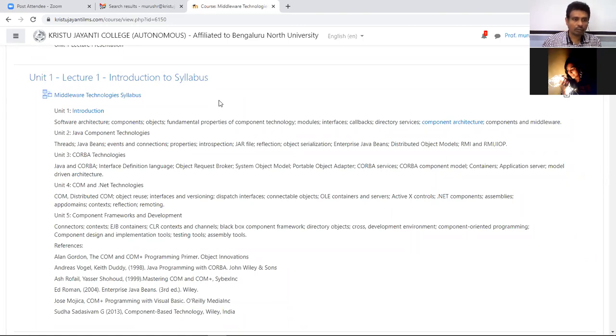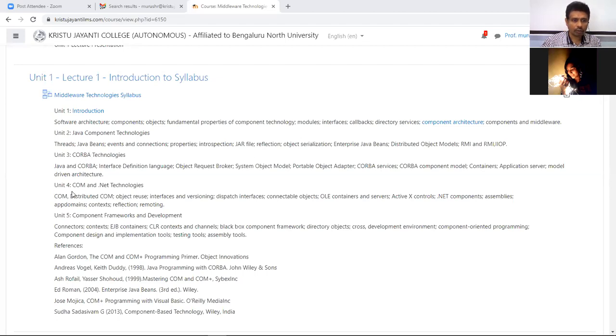And the third one is going to be Corba technologies, which is also one of the powerful middleware technologies introduced by OMG, that is Object Management Group. They were the pioneer in the market, and they set the standards for this particular middleware technology, which you are currently studying in this subject. And that is all about Corba technologies.